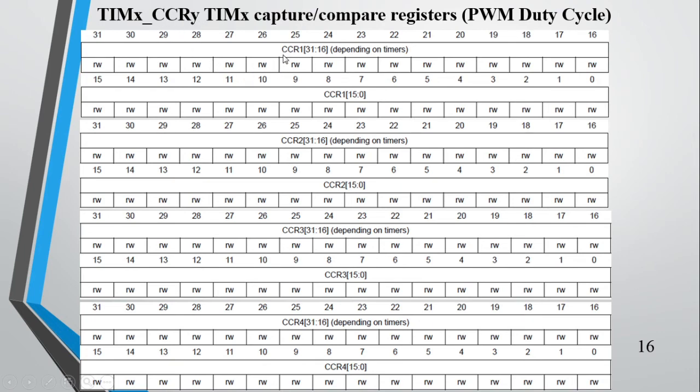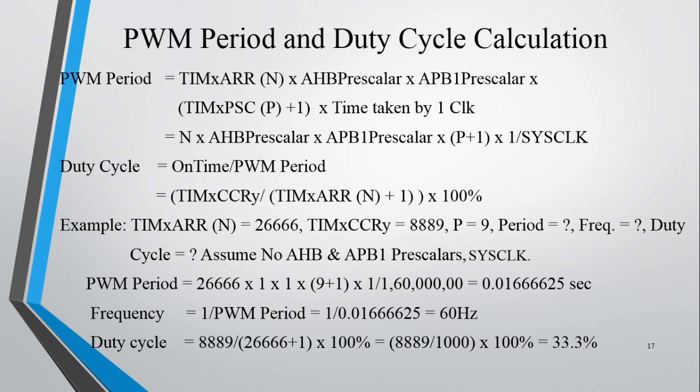So if you are configuring channel 1, CCR1 should be used. If you are using channel 2, CCR2 should be used. Channel 3, CCR3 should be used. Channel 4, CCR4 should be used. So the CCR register is used for configuring the PWM duty cycle. Since I am going to configure timer 2 channel 1, I need to configure the CCR1 register with the desired duty cycle. Then here we are going to see what value you need to load into the ARR auto reload register